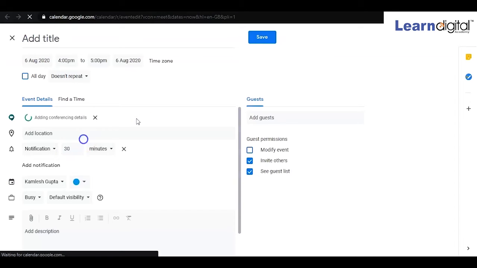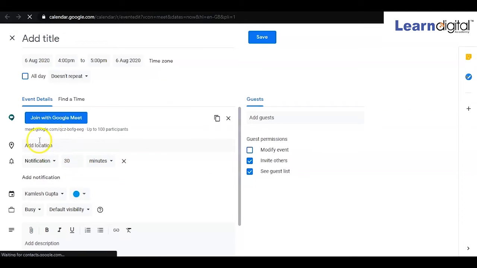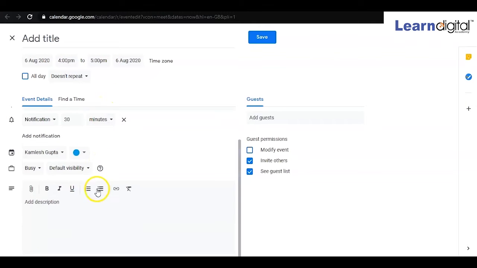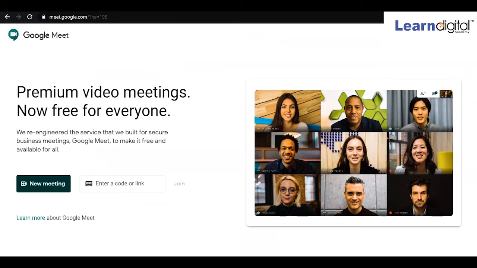It will take you to the calendar, and here you can set your webinar timing, title, location, and the duration. You set all of these, on which day and at which time, right? And here you can write the description.